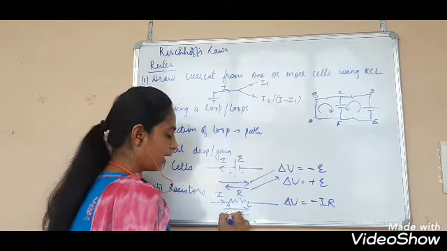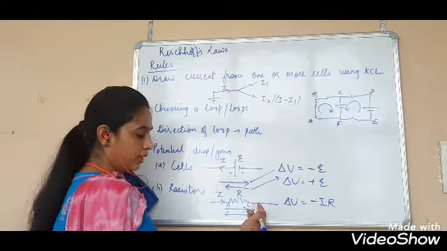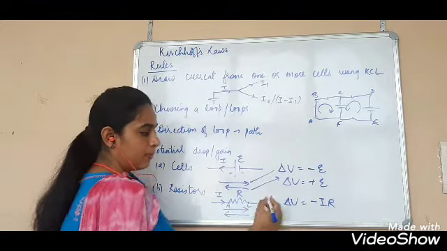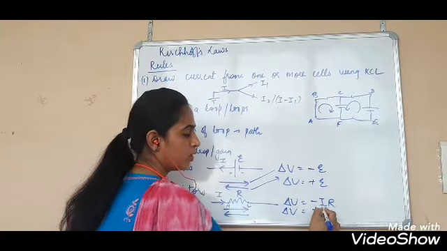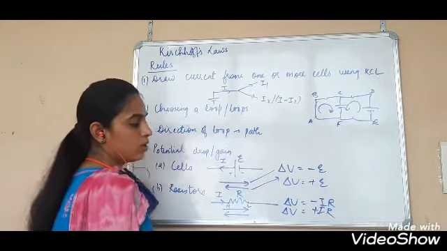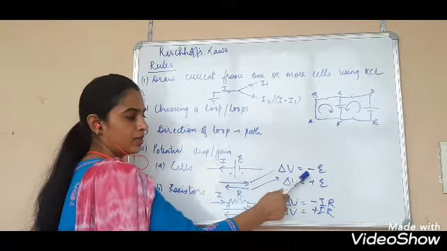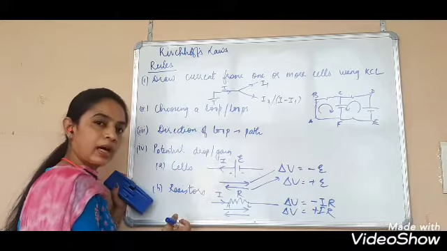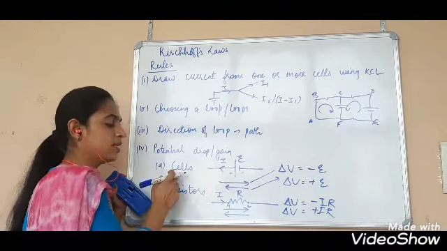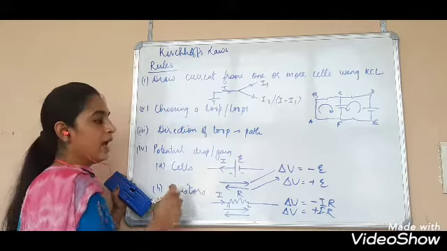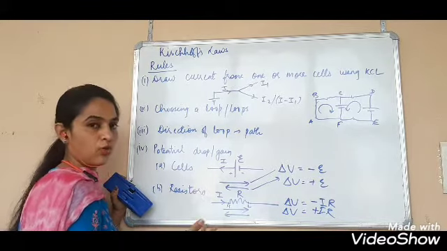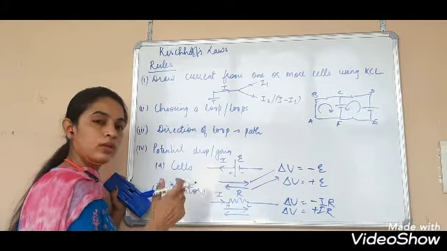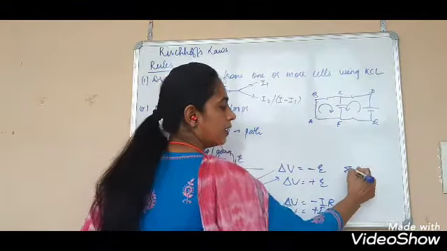For example, you are going anti-clockwise and this is the direction of current. So you are going from lower to higher, right? Lower to higher means delta V will be equal to positive IR. So this is also potential drop or gain. In the full circuit, you have to see according to your path and the direction of current whether there is potential drop or potential gain, and then apply KVL. The summation of all the changes in potential is 0. The summation of all delta V is equal to 0.